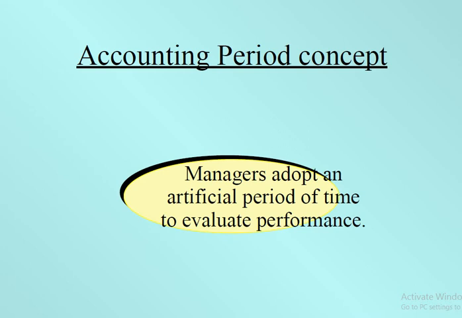Accounting period concept. This is another important concept. Managers adopt an artificial period of time to evaluate performance. This period normally consists of 12 months. Normally, financial statements are prepared at the end of the accounting period. An accounting period consists of 12 months, but sometimes for